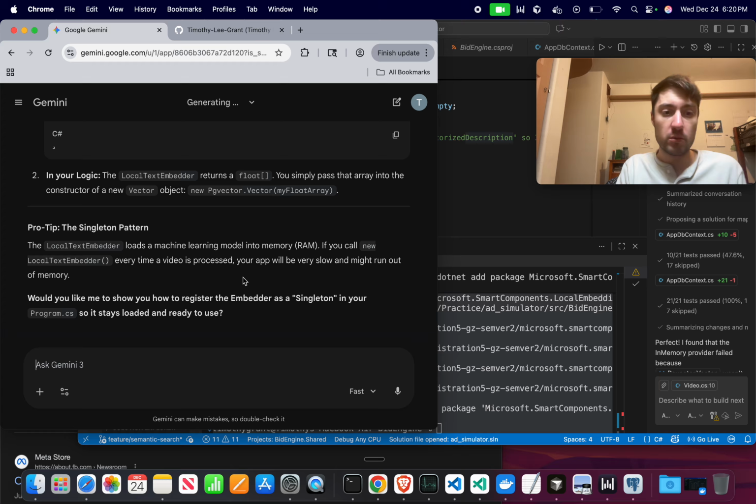Okay. Pro tip, the singleton pattern. The LocalTextEmbedder loads a machine learning model into memory. If you call new LocalTextEmbedder every time a video is processed, your app will be very slow and might run out of memory. Would you like me to show you how to register an embedder as a singleton in your Program.cs so it stays loaded